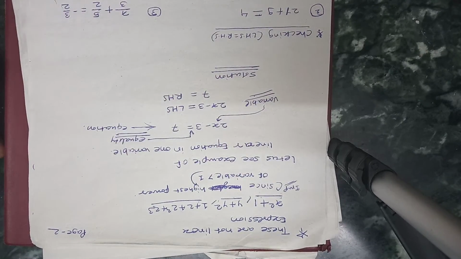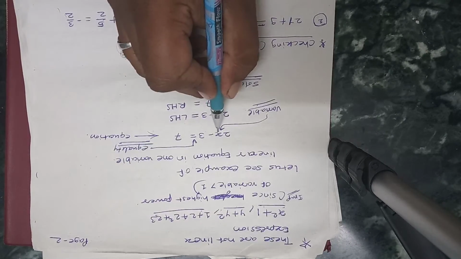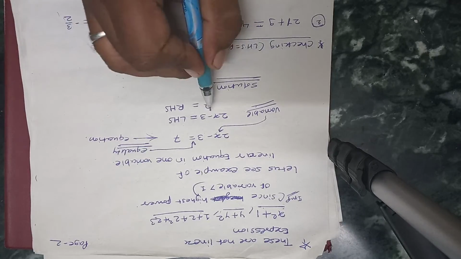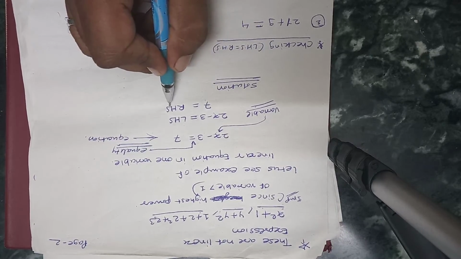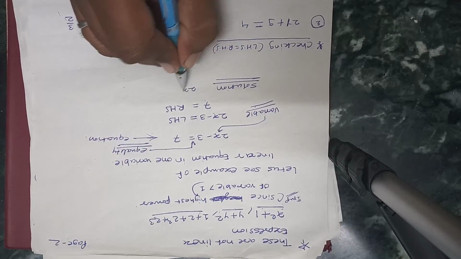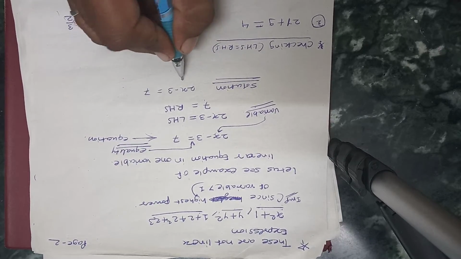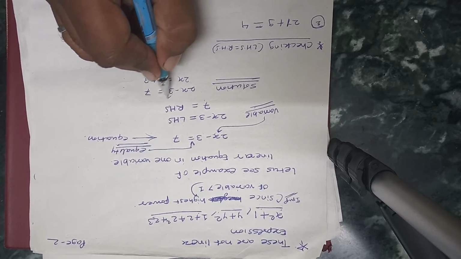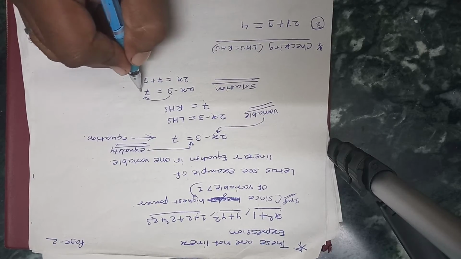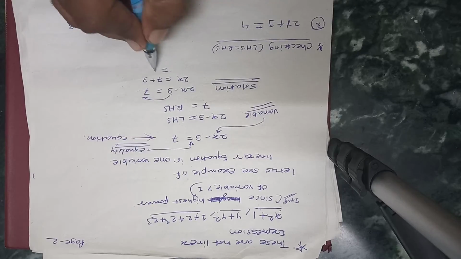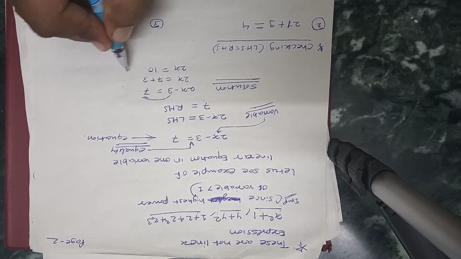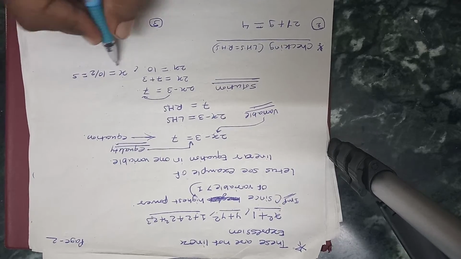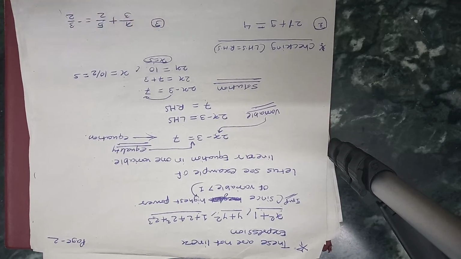Let us see an example of linear equation in one variable. Here the variable is x and it is only one. So in this case 2x minus 3 is LHS, 7 is RHS. Let us solve it. So 2x minus 3 is equal to 7. So 2x is equal to 7 plus 3. That is, this minus 3, when we transfer here, it will become plus 3. So 7 plus 3 is 10. 2x is 10, that is x is equal to 10 by 2, that will be 5, means x is 5. This is the answer.